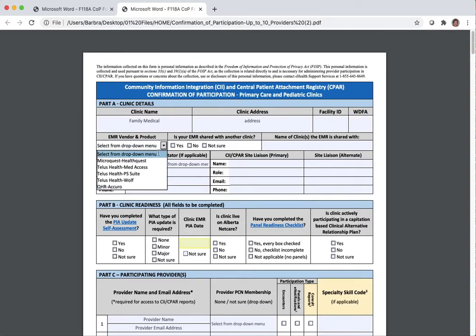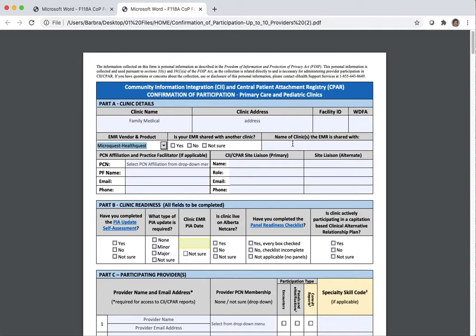Next, you want to select the EMR that the clinic is using. It's important for eHealth Support Services, who's going to receive this form, to understand if the clinic is using a shared EMR. This is often an EMR in the cloud, and they might have more than one front clinic that uses the same EMR. In that case, there's one record for each patient in the database. If you know if it's a shared EMR, click Yes, and enter the names of the other clinics that the